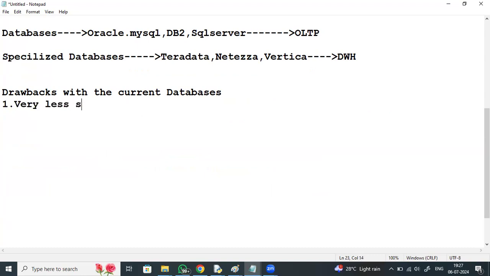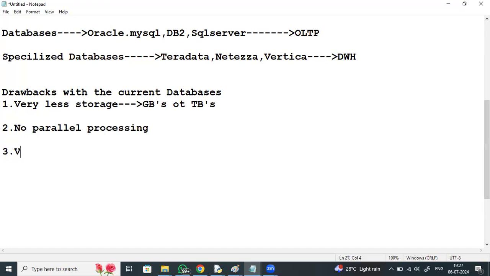Most of the databases have very less storage, in GBs or in TBs. In most of the databases, there is no parallel processing. And in databases, if volume increases, speed decreases.